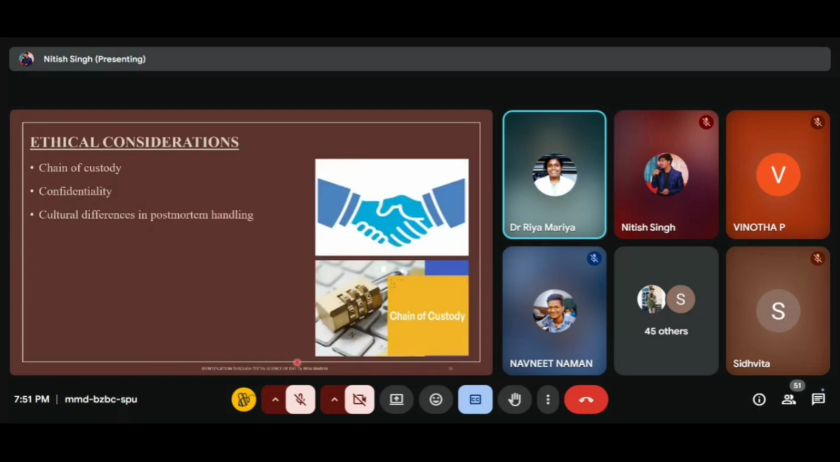Okay, ethical considerations. Chain of custody should be maintained. Each and every step we need to maintain the chain of custody. And confidentiality is very important in a DVI. If we identify the person also, we need to